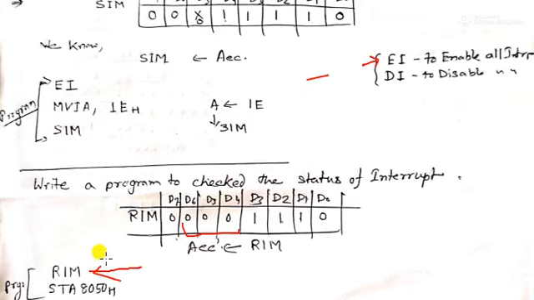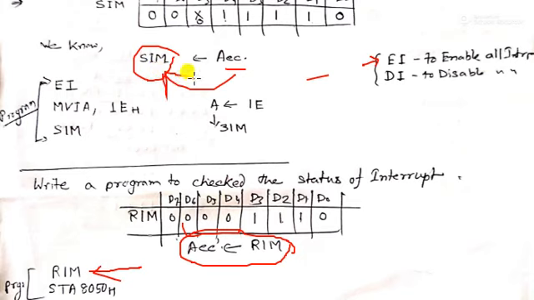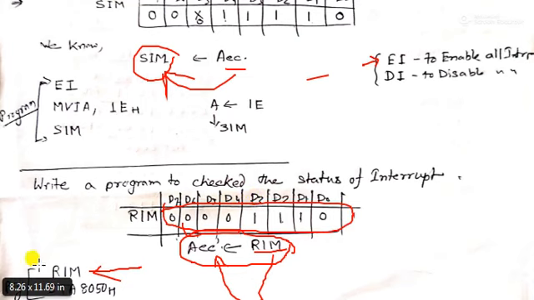The RIM instruction checks the processor, sets the bits accordingly and moves it to the accumulator. Attention please: in the SIM instruction, the SIM loads from the accumulator, but in the RIM instruction, RIM loads the accumulator. So that frame format, that is this one, is loaded to the accumulator.